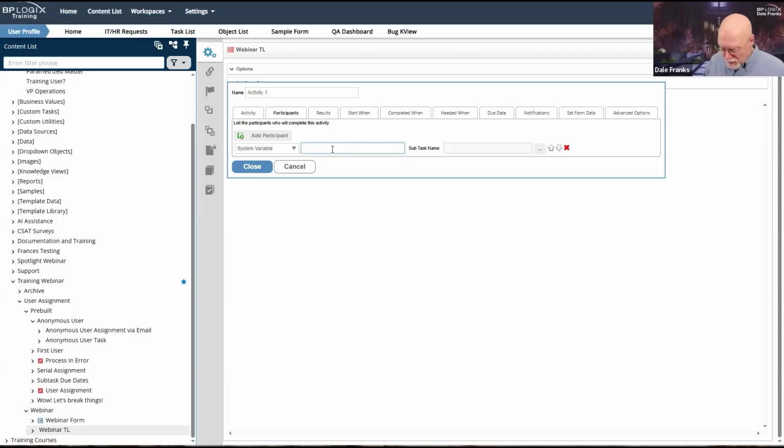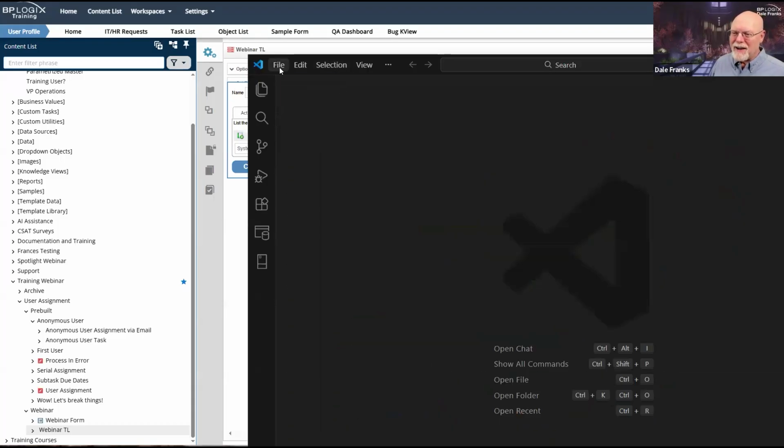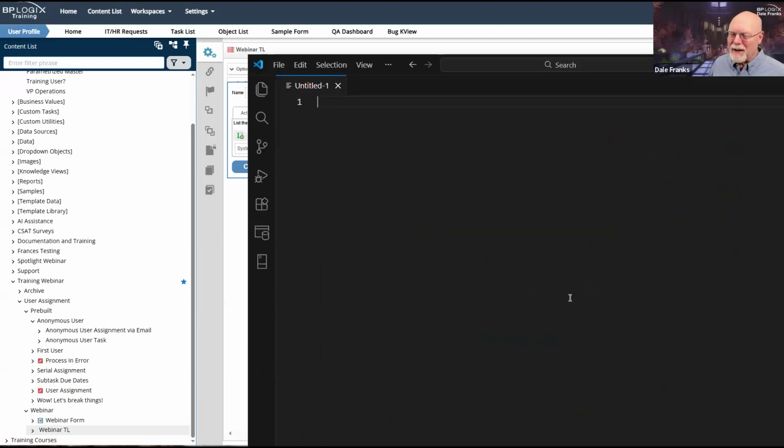If I have that information stored there, I can just pull that in every time that I create a user. That's going to make my life a little easier, because now if I assign via, well, you know what? Let's open up Visual Studio Code so that you can actually see what I'm typing here, because even I have trouble seeing what I'm typing here. There's my ASCX file. Let's make a new blank text file. So what I could do, okay, I know who the timeline initiator is. That's me, but I want my supervisor.